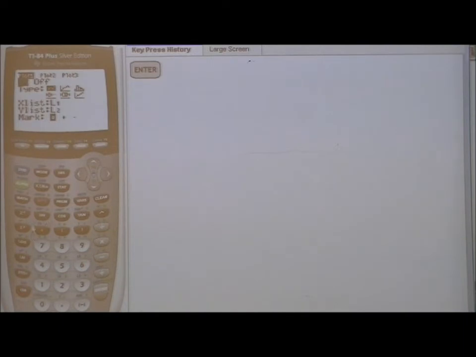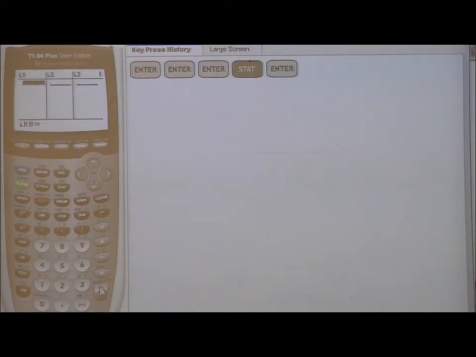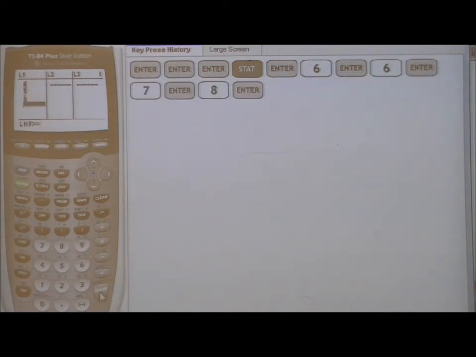And now we want the scatter plot, which is right here, it's already highlighted. We want to put our data under L1 for X. We want our points to look like that. So we're okay now. So now put our data in. Go to Stat, Edit, put your numbers in off the table. We have 6, I'll call them out. 6, enter, 6, enter, 7, enter, we have two 6s. 8, enter, 9, enter, 10, enter,